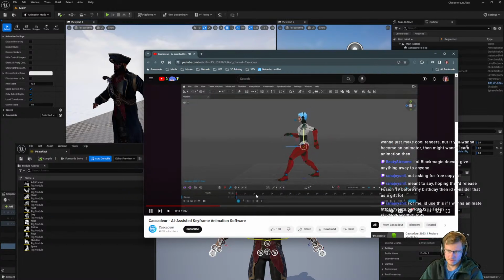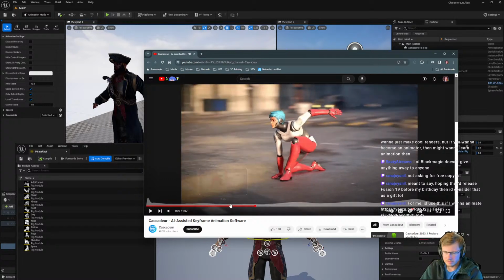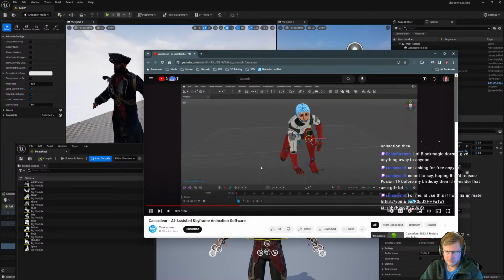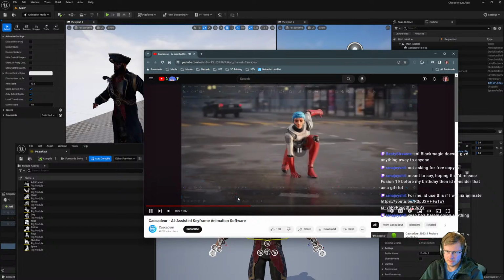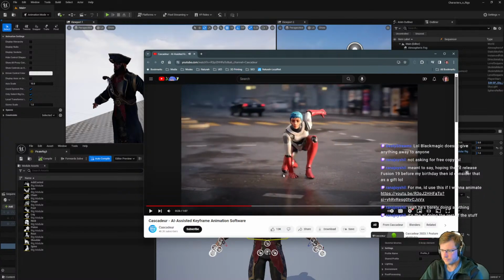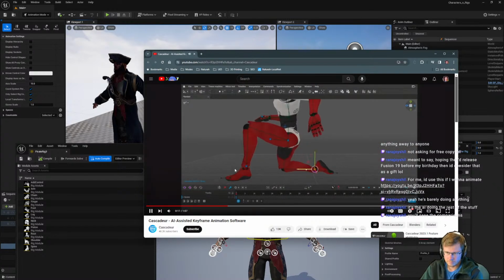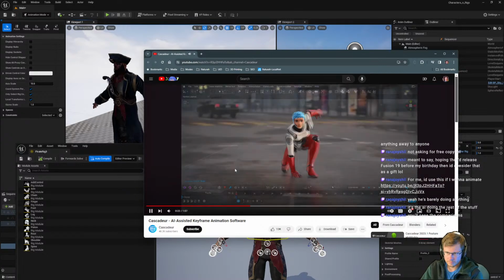Set a pose within minutes using auto-posing, a neural network that will help you to achieve the most natural pose in a few steps. What? Help you to achieve the most natural pose in a few steps. He's not. He's Neural network that will help you to achieve the most natural pose in a few steps. Using auto-posing, a neural network that will help you to achieve the most natural pose in a few steps.